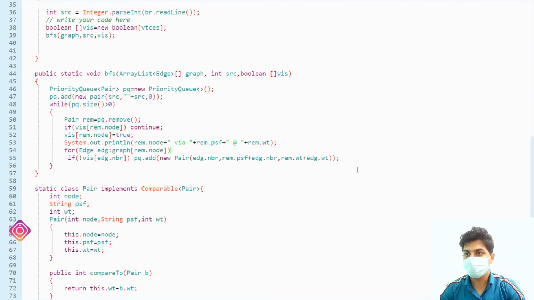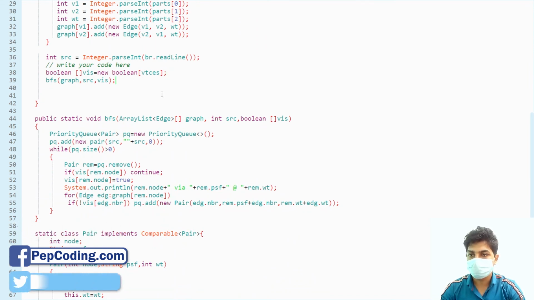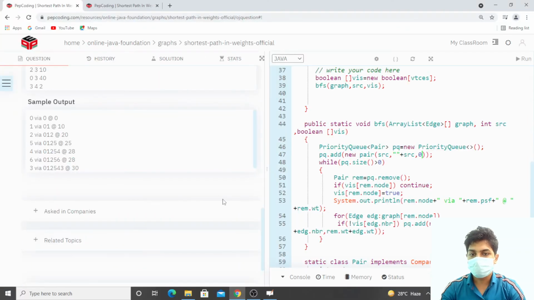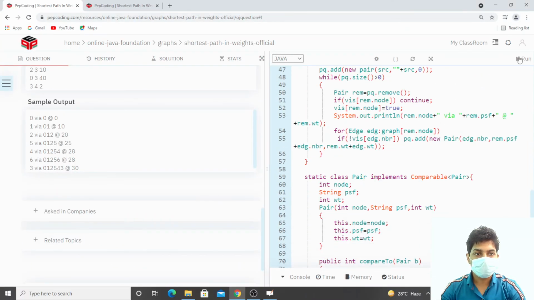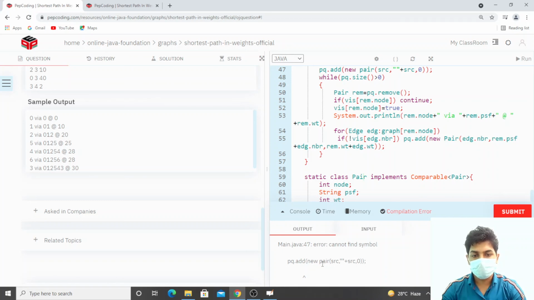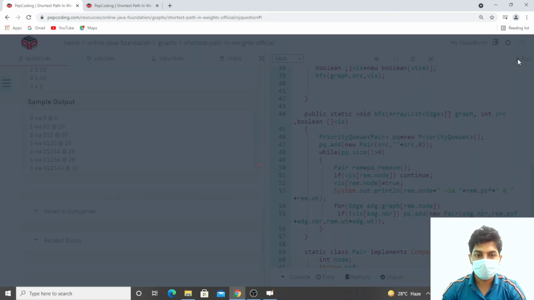Once the traversal is done, our work will be done. Let's check whether we have done everything correctly or not. Okay, this part we have made. Let's try to run this code. We have missed something. Priority queue dot, the p is again small, we have to write it in caps. So on line number 47 we have to write P in caps. Okay, now let's try to run it. I hope this time it will be correct.